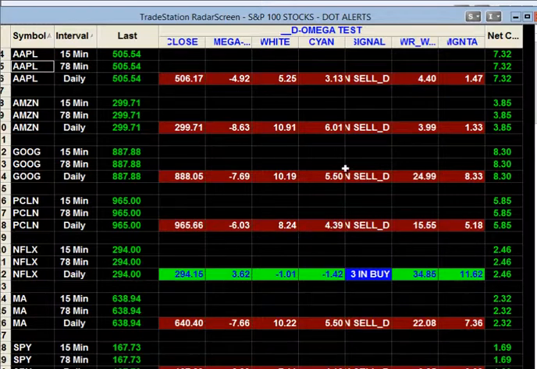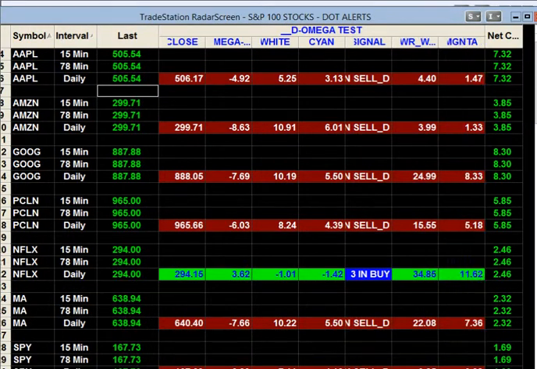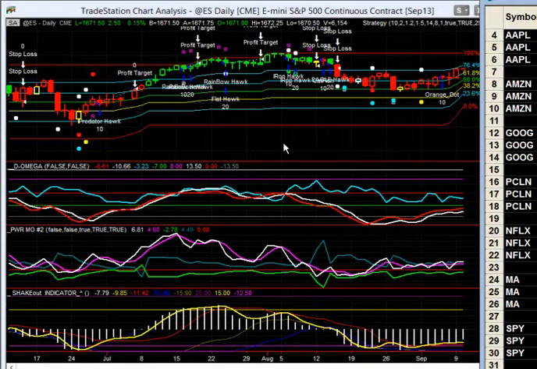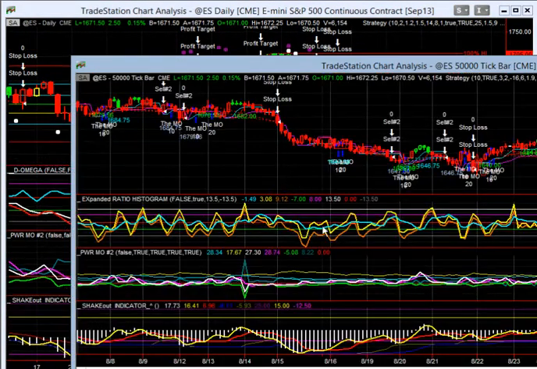I don't recommend keeping the same workspace because you can always go through any of these and copy window and then paste it on another workspace. So easy, very effective ways to make adjustments to your charts. If it doesn't come out completely looking like this, we have a variety of different charts that are on this workspace that all have varying